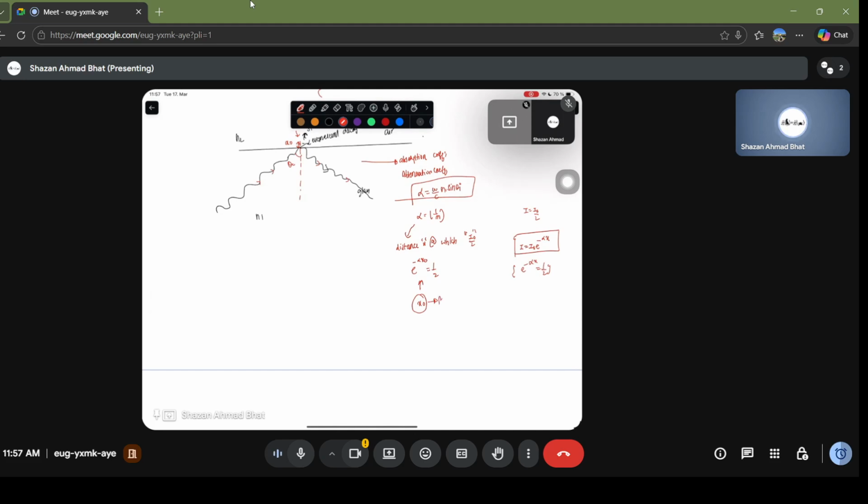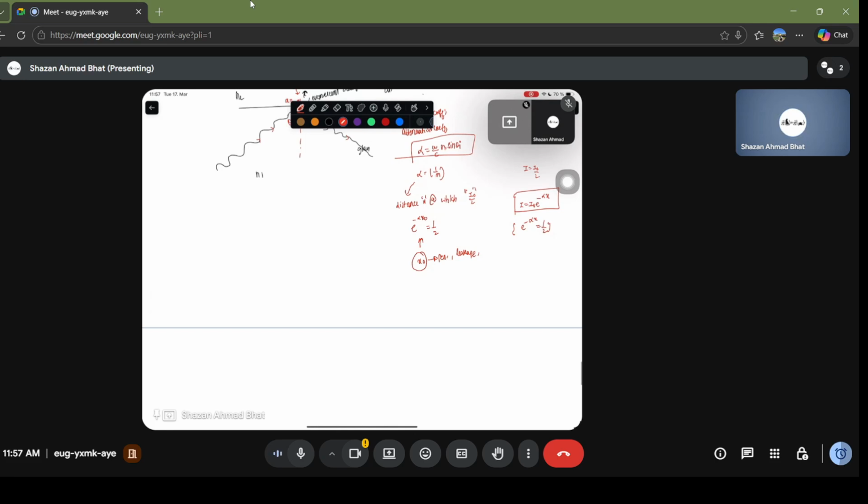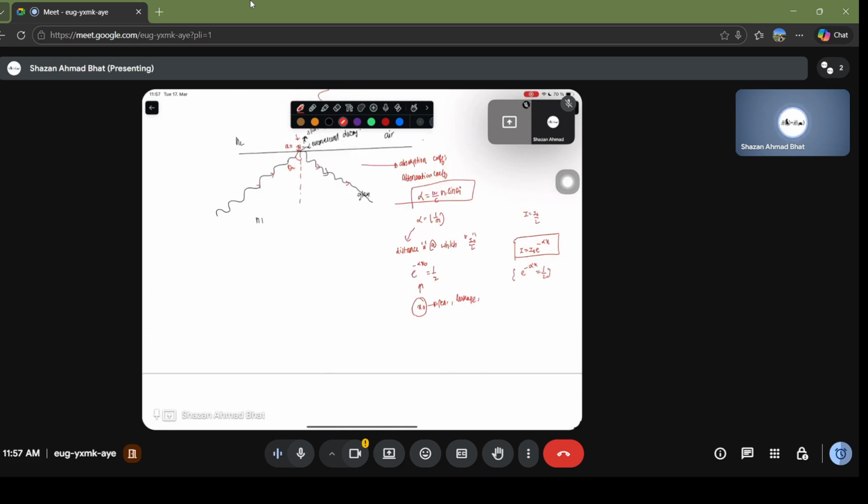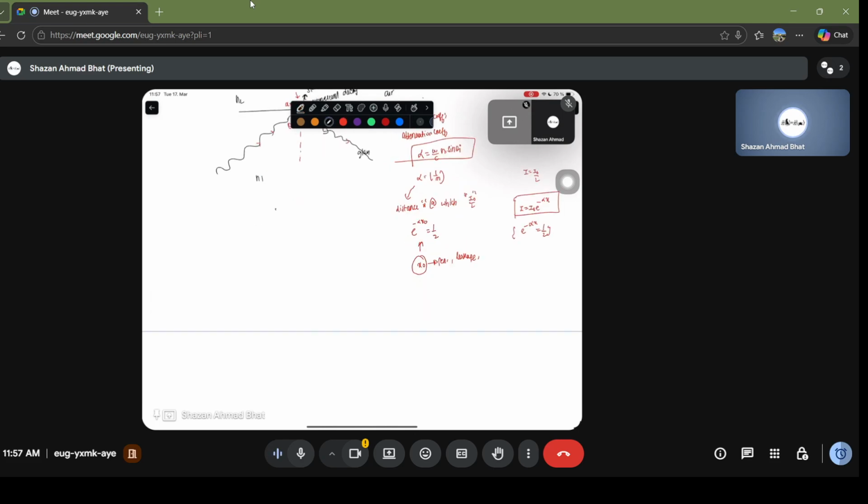So this is going to give you the penetration or leakage, or how much is the leakage of the electromagnetic wave or the evanescent decay. Okay, and most of the time it's very small. It also happens if you have a metal, which is a sort of perfect conductor, so you have a lot of electrons here, a sea of electrons, a huge concentration of electrons that almost acts like a